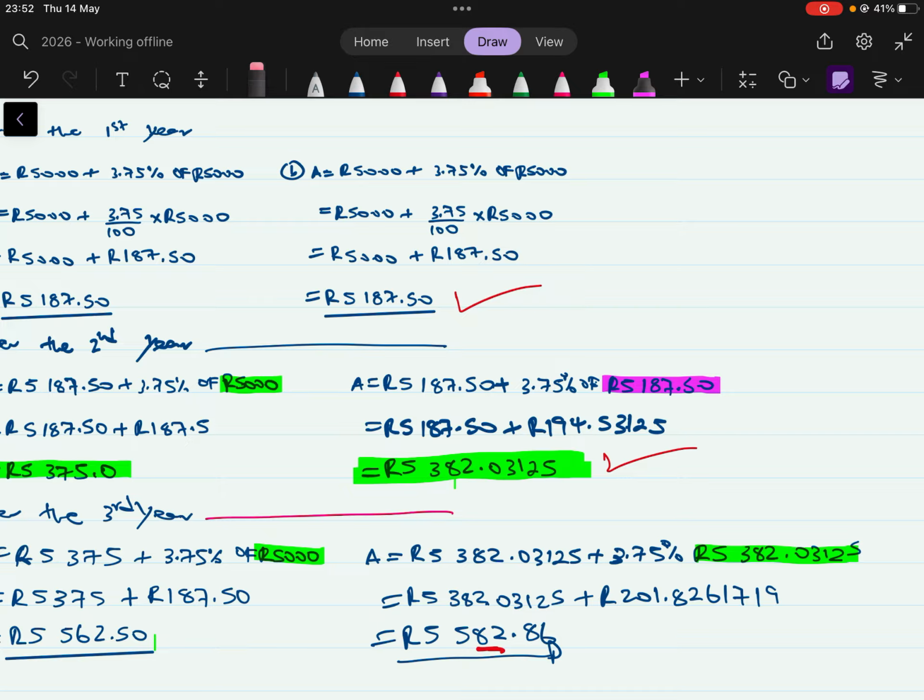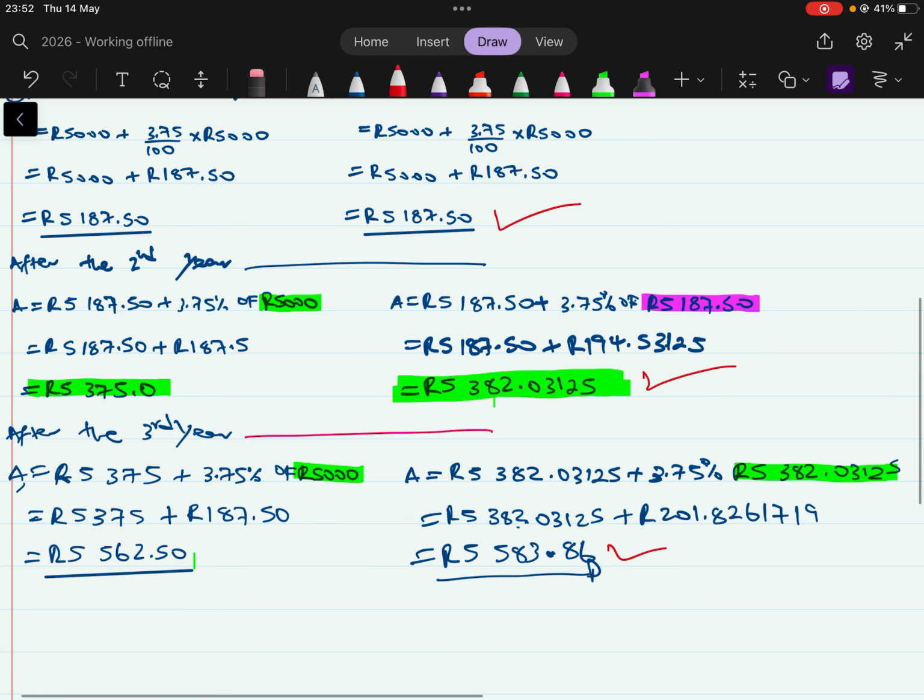Not sure what went wrong. Yeah, maybe I just didn't write this thing correctly. I think that's probably why I lost it. Yeah, this is 583. Yeah, 583. Okay, now this answer looks much better,